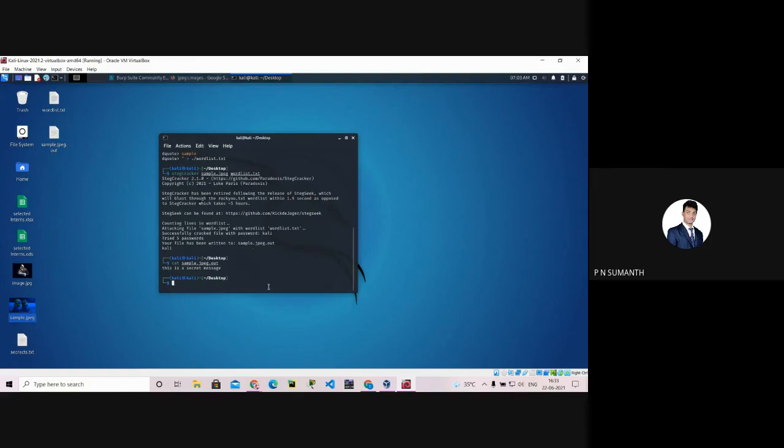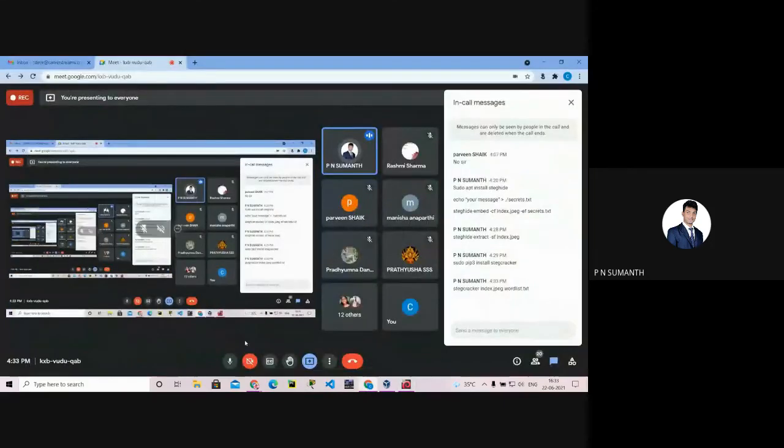So that's it. This is a small tool, and earlier it was used to send secret messages even in defense and all. It was a highly used tool. So it is a simple example of how steghide and stegcracker work. And also in coming classes we'll see how to recover and extract files from a hexadecimal editor, like carving the particular file.